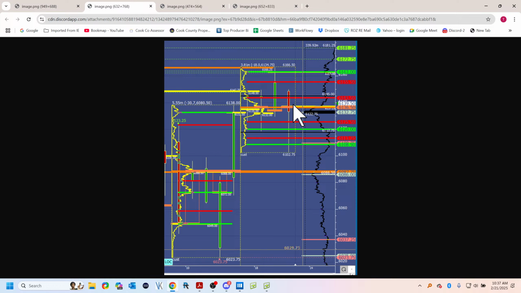Now, coming in today, I'm going, well, we got shorts in here, and potentially we're going to take out yesterday's high and squeeze and maybe get up here. And so I had my plan laid out for longs because I looked at this and I said, well, this is another excess low. So we've returned inside the consolidation, and now the potential is to do some squeezing. So that was the plan. However, what did we get?